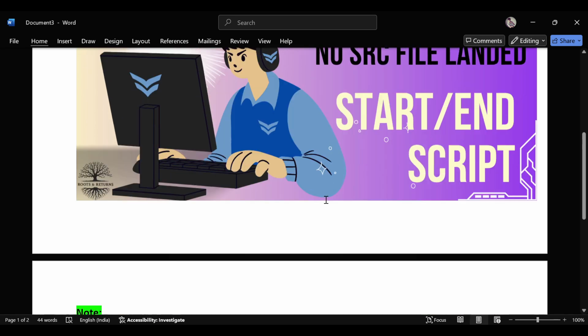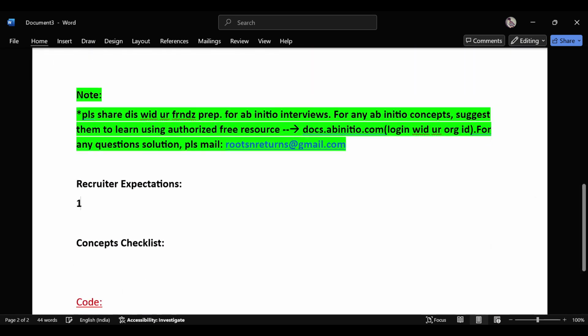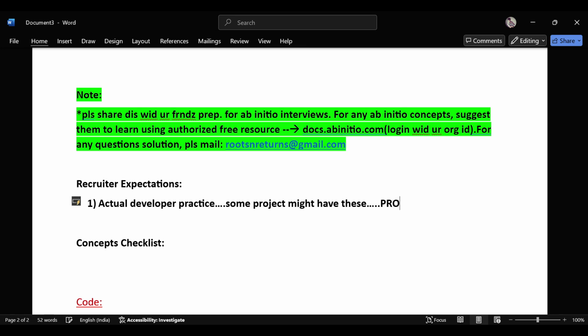For this, the recruiter expectation is actual developer practice. Some projects might have these types of scenarios. I'll just put it like project scenarios, so this comes under project scenarios. That's the expectation, so they'll be checking that, and the concept checklist would be